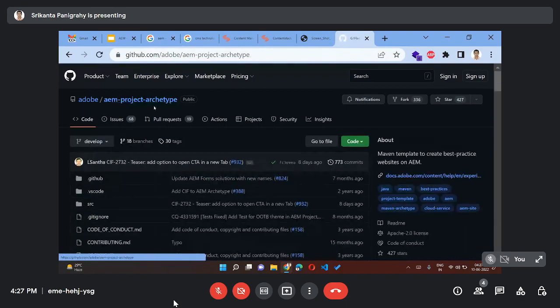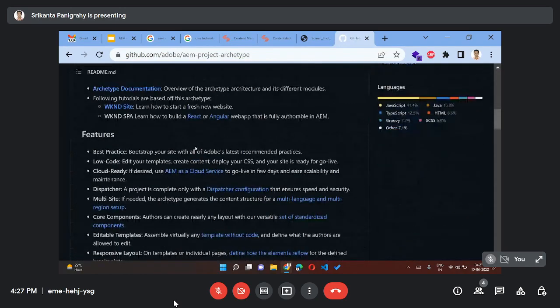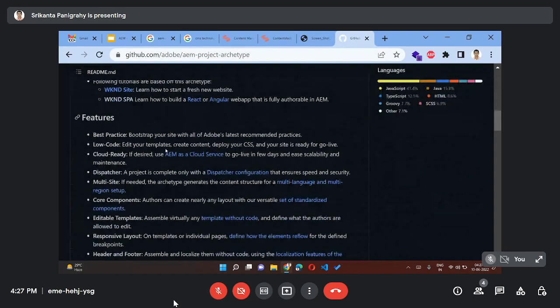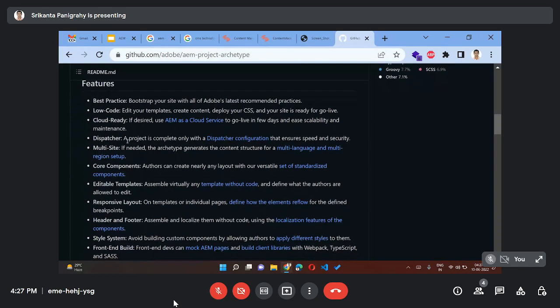So this is actually a Maven template. I haven't gone through the details, but in their documentation they have provided it, that's where I am opening this documentation to show you. So there are a lot of features. At a basic level I'll go through these. AEM always goes through best practice. AEM updates their version twice yearly, in the sense they will add the security fixes and patches everything yearly twice,